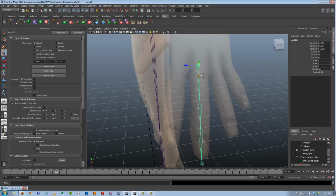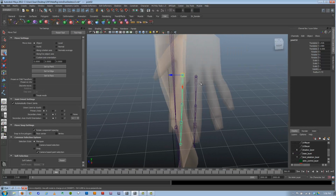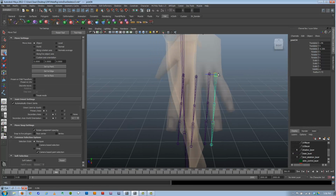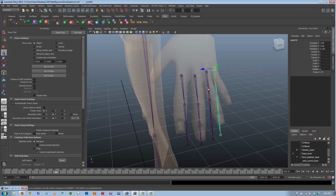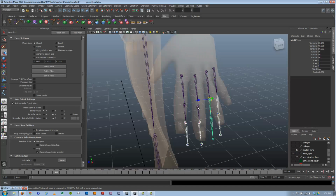So actually, I'm going to duplicate this out real quick, just to show you how to test this. I'm not going to actually place these into the hand in this case, but show you what you're looking for when you test. So let's say that was our hand. The thing that we want to make sure it could do, if I grab all these joints, is that it can make a fist without crossing its fingers over. If I could bend in one axis and make a fist,